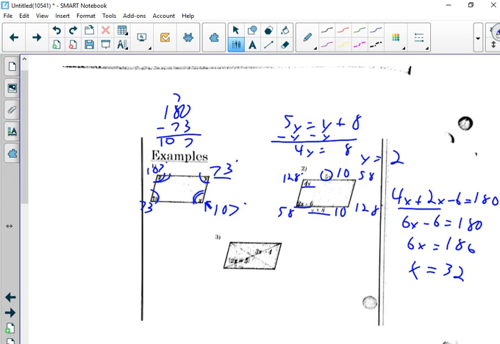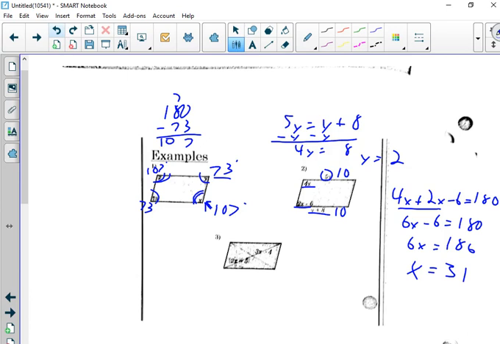Which doesn't make sense because 6 does not go into 186 twice. x is 31. But it's a nice mistake to see because when I plug them in, they don't add up